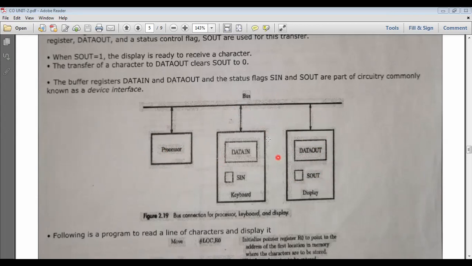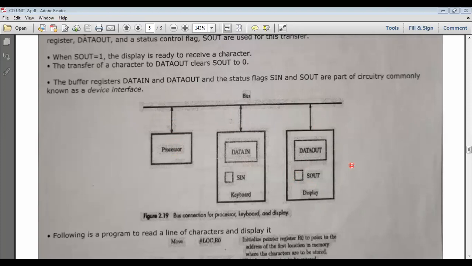So that is wait. Whenever the data will wait at the time of keyboard to processor transfer, that will be called read wait. When the data is transferred from the processor to data out, at that time, if you are getting a wait condition, whenever S out equal to 0, that is called write wait.